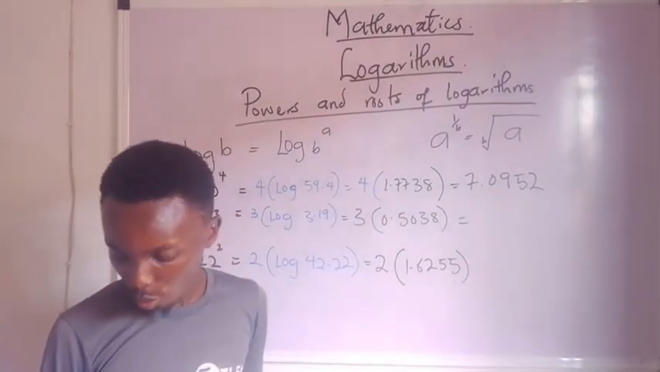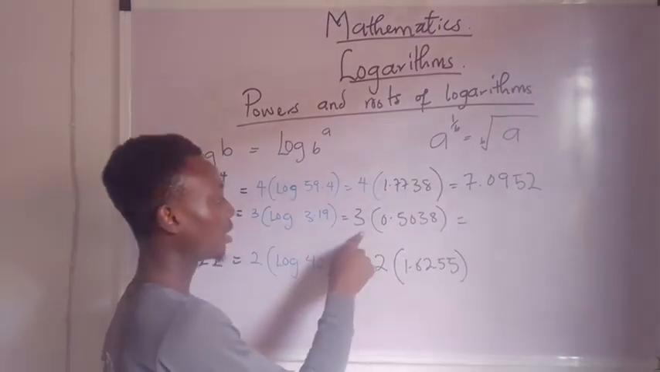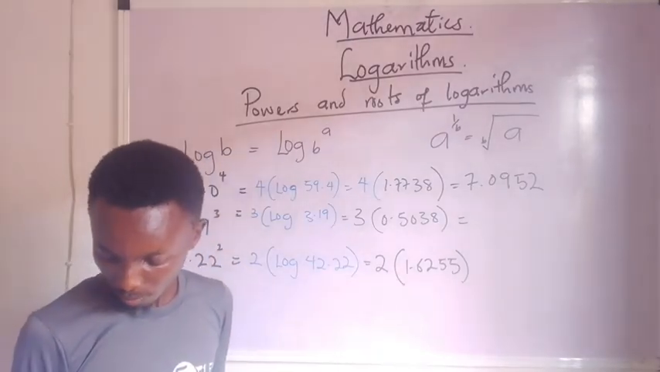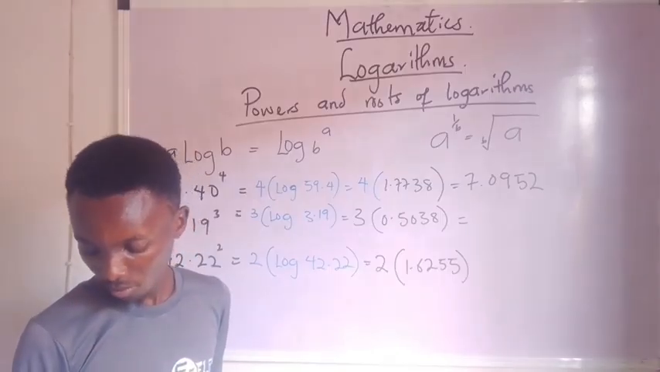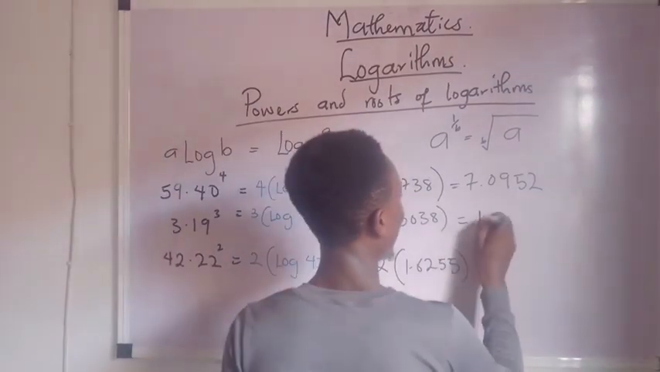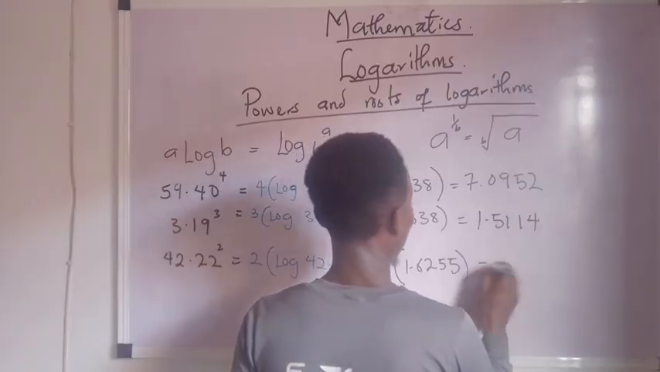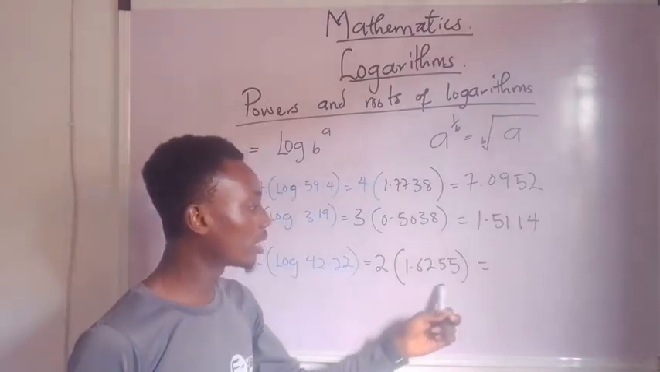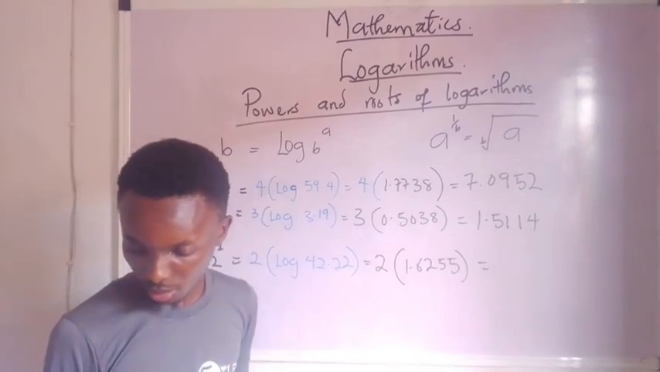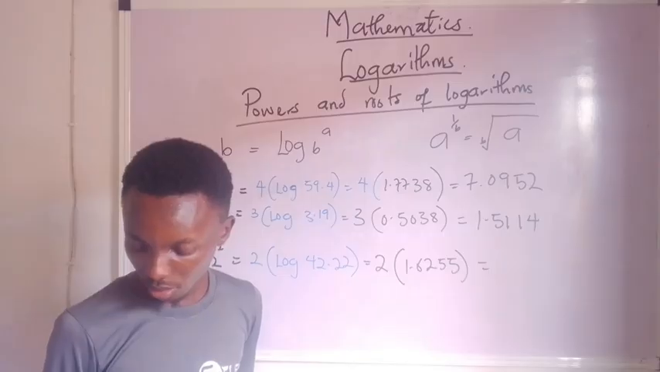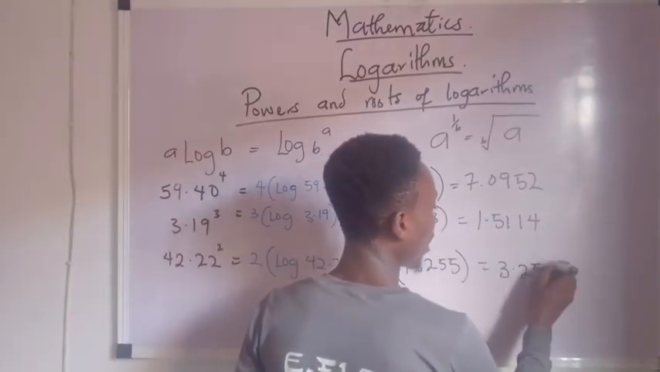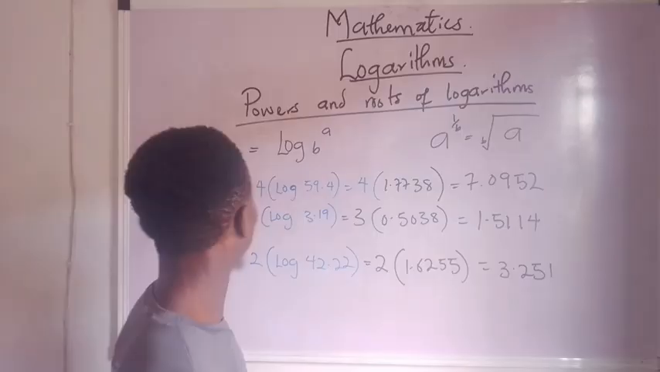And then when you multiply 3 by this, we get 1.5114. And the last one, when we multiply 1.6255 by 2, we get 3.251. Now, if you want to confirm if our answer is correct,